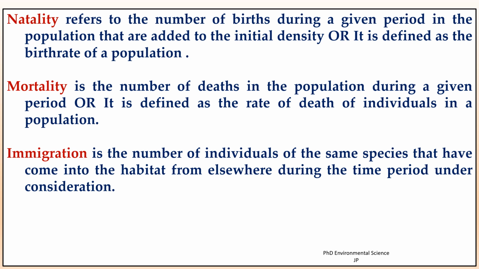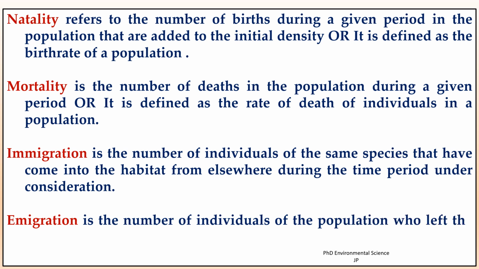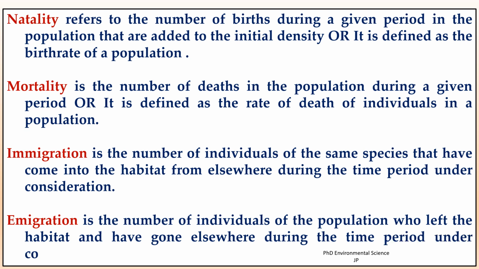Immigration. It refers to the movement of individuals of the same species into a habitat from elsewhere during a specified time period. This influx can affect the population size by introducing new individuals into the existing population. Immigration can contribute to population growth, increase genetic diversity, and enhance the resilience of populations in changing environments. For example, if 15 new deer migrate into the habitat during the year, this will increase the overall population size and can be crucial for maintaining genetic diversity.